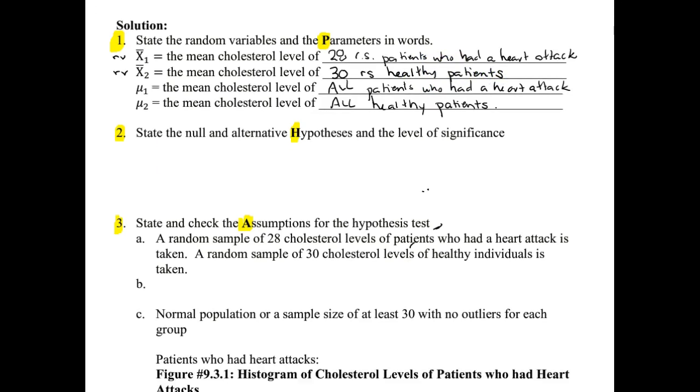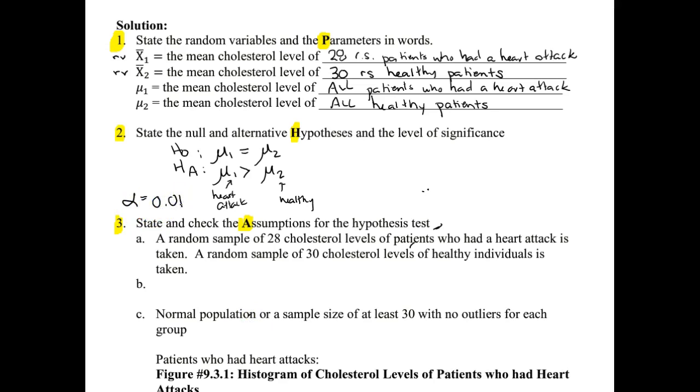All right, so the H now is to set up the hypotheses. So H sub 0, H sub A. We have quantitative data, so we're going to be dealing with means, and they're independent groups. So we've got mu1 equals mu2 for our null hypothesis. And for the alternative, we wanted to test that those that had, remember this is our heart attack group, and group 2 was our healthy group, we wanted to test that the heart attack group had a bigger cholesterol level. So we want mu1 greater than mu2. And in this case, they gave us an alpha value of 0.01.